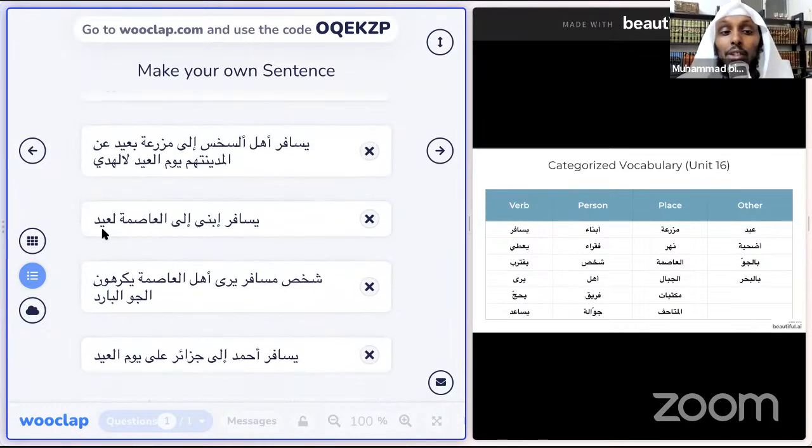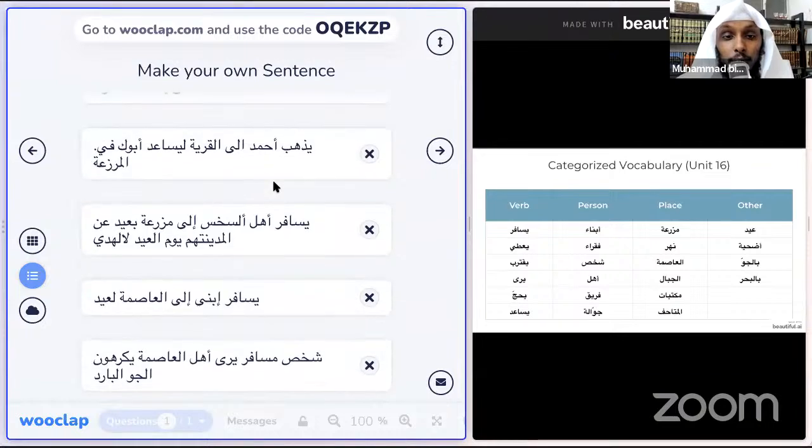يسافر ابني إلى العاصمة لعيد. لا, this is not correct. Why? Who can tell us? There's a mistake here. يسافر أهل الشخص. أهل من? What is this? I don't know how to pronounce this. إلى مزرعة بعيد عن المدينتهم يوم العيد